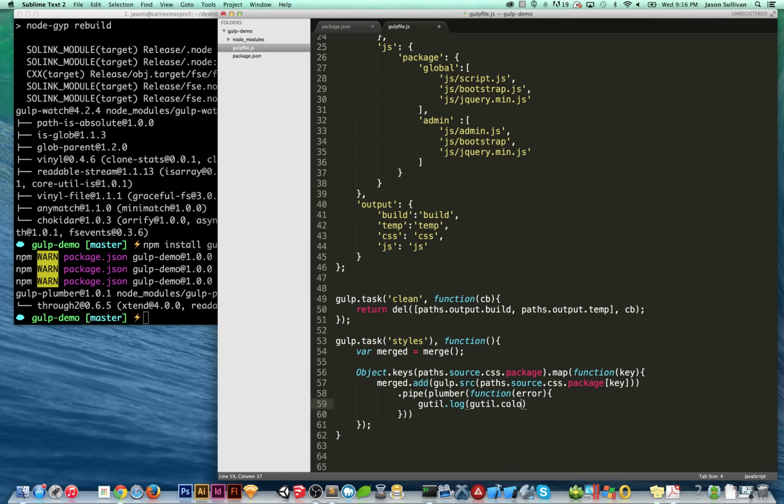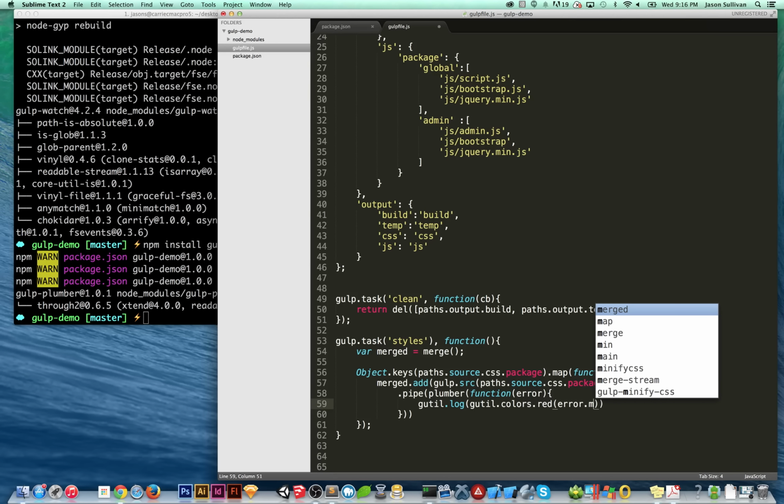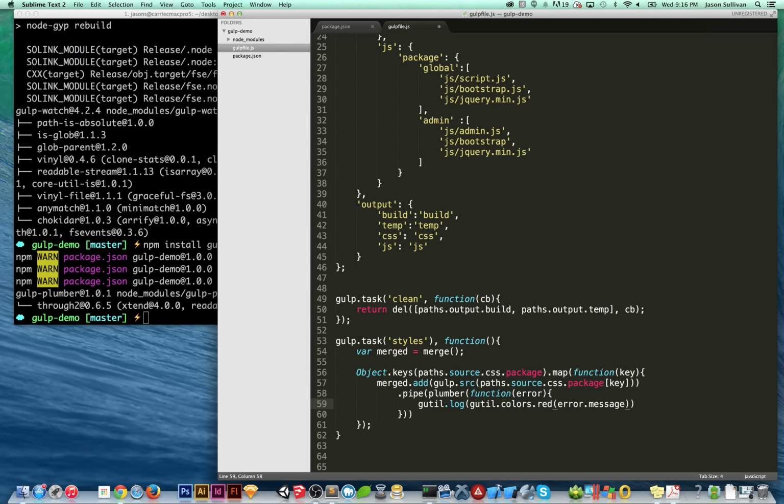That colors that red error message, and what this will do is when we're running gulp, it will give us a nice error so we know what went wrong, and it's going to stop. Then we're going to do pipe Sass, and what that does is it'll run all of our Sass code, and we're going to do pipe